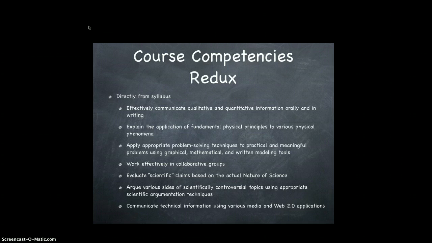In addition, we were asked to apply appropriate problem-solving techniques to practical and meaningful problems using graphical, mathematical, and written modeling tools. I believe through the projects we've shown that I've done that. Problem-solving techniques were definitely required for some of the projects for me. I had a great deal of problem meeting the requirements for the solar cooker. I never got my water to boil, but I did get it to raise in temperature. I had difficulty with my solar panel. I initially got a light bulb to light, but was never able to get